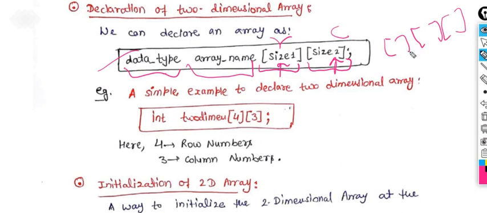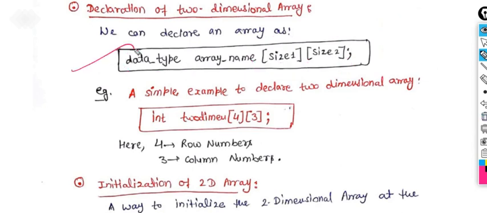So along with the subscripts, you decide, in two-dimensional, row or column, or x and y axis. If you are solving a graphics problem using C programming with a multi-dimensional array, like a three-dimensional array to show 3D animations, it will represent the x-axis, the y-axis, and the z-axis. So it's up to the need. You can take any number of dimensions of an array. But now we are discussing the two-dimensional array, so let's come back to our topic.